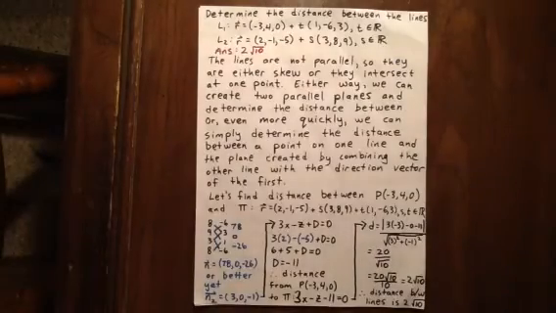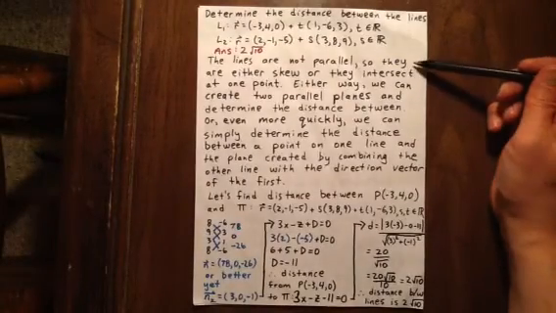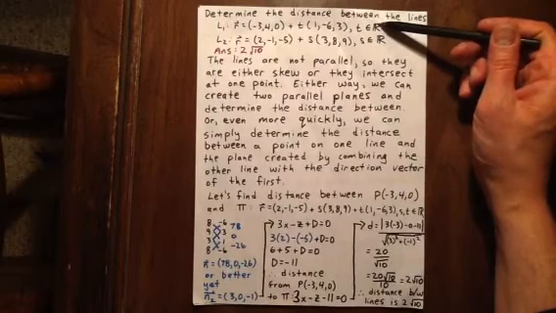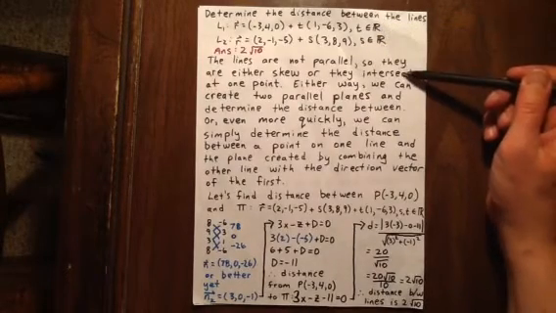In this question, we want to determine the distance between the two lines shown. Well, there are different approaches to this. One of the approaches is to recognize that since the lines themselves aren't parallel, they're either skew or they intersect